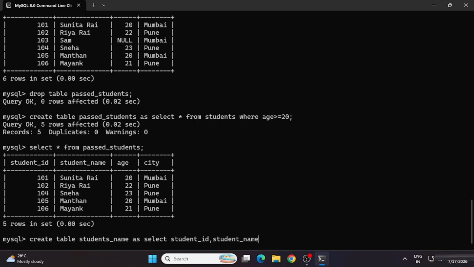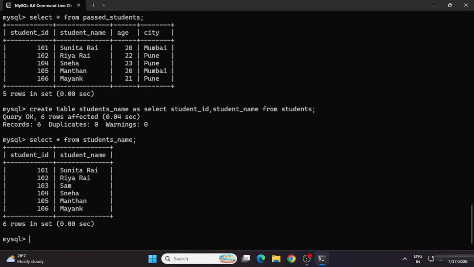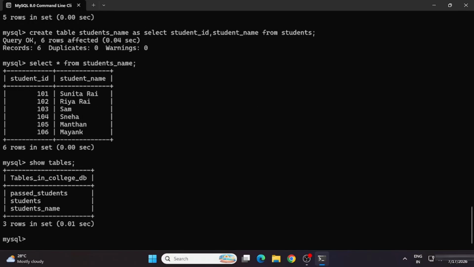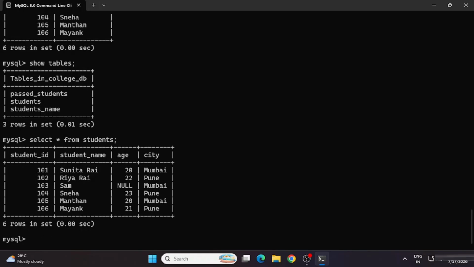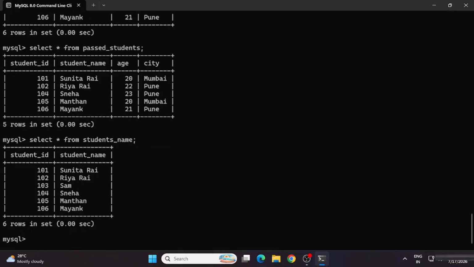These are the different techniques by which you can insert records into your table. Now I'm simply typing show tables just to display all the tables, and I'm showing you the details of all of them. So select star from student, select star from past_student, and select star from student_name. So you can see I have all my data. So guys, this way you can insert records into your table in different ways. Depending on the situation and the case study, you can change the commands as required. I hope by following my video you are able to understand how to insert data into your table.